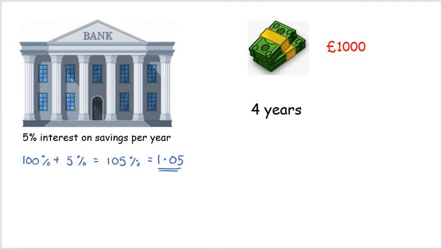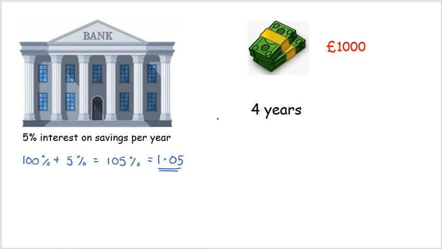So to find a 5% increase, we just need to multiply by 1.05. In order to calculate what amount we are due extra on our account, the bank just multiplies what we have in our account by 1.05, and it will tell us how much our new amount is worth